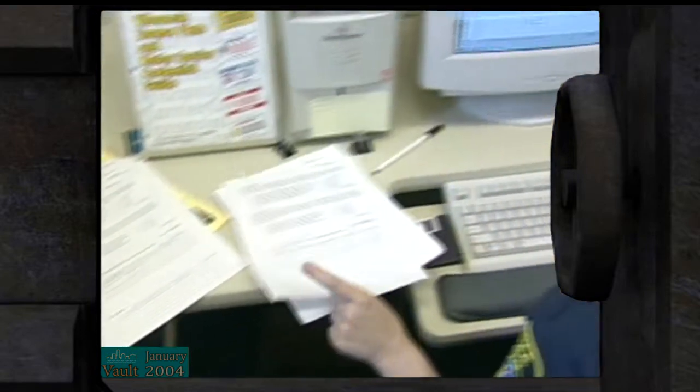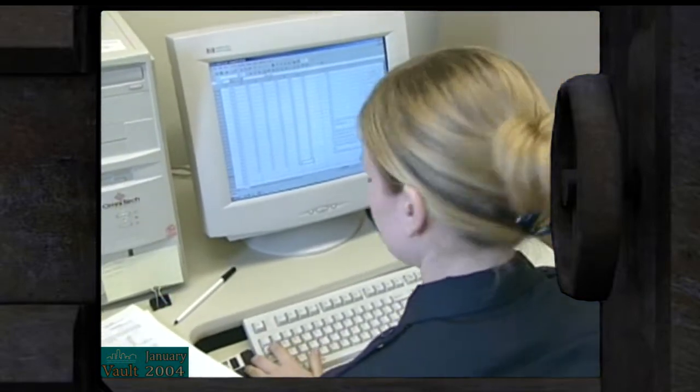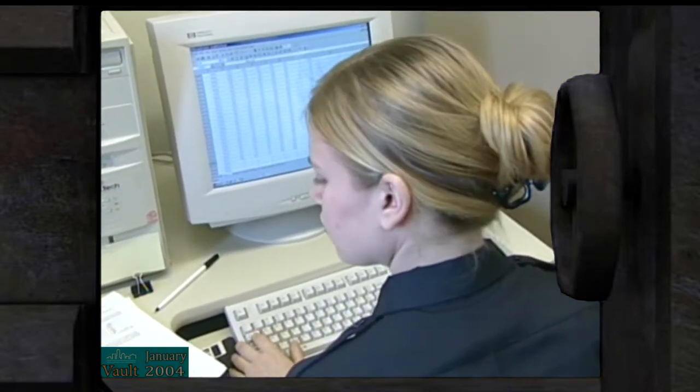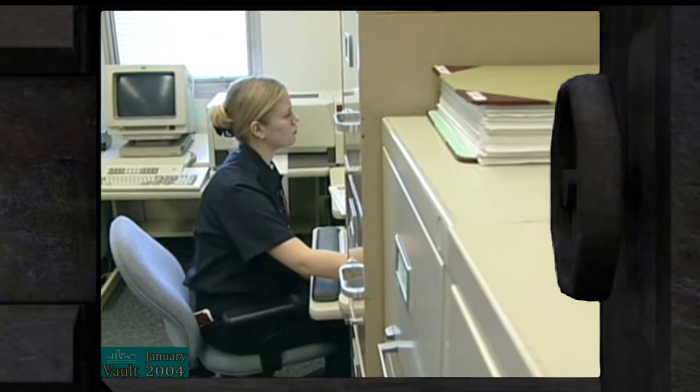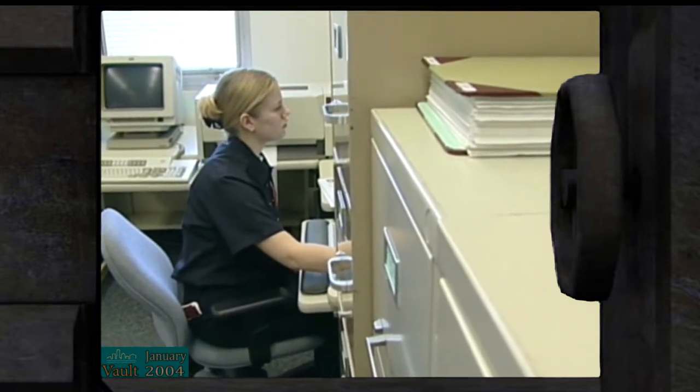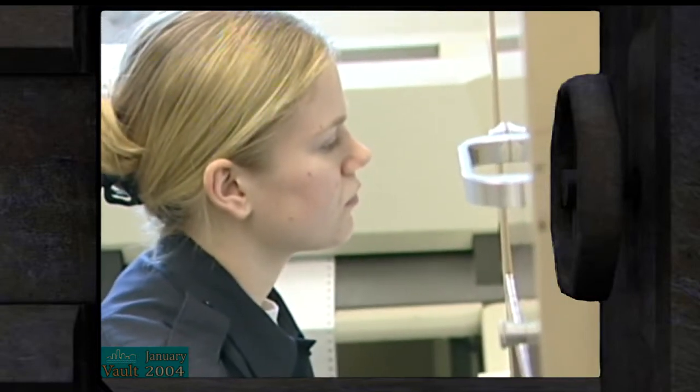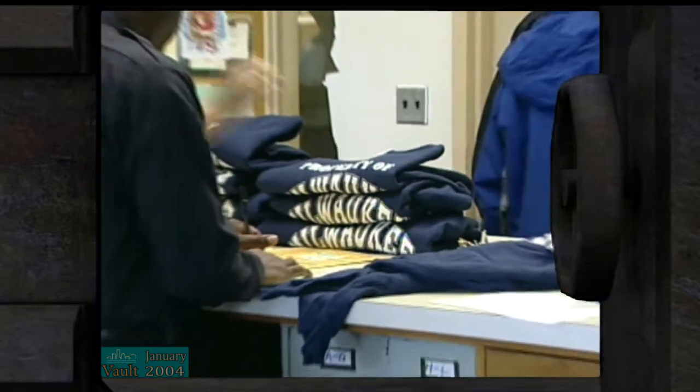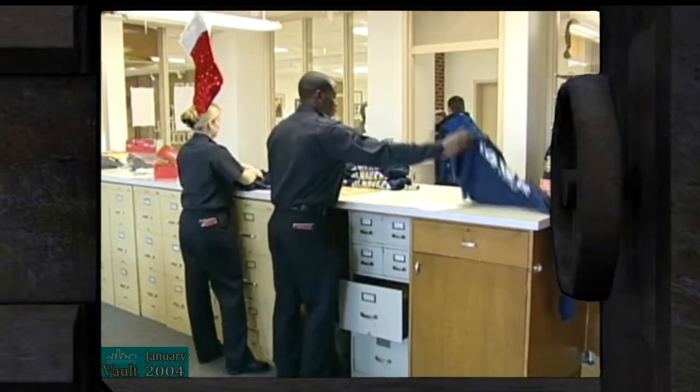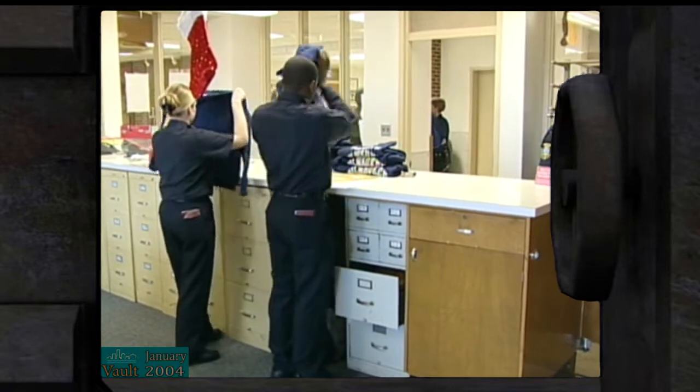What kinds of things do you do as a police aide? A lot of clerical, but it's rewarding. You get interaction with officers. They tell you about their job every single day. I can't wait. I'm going to be in the next class, so I can't wait. I just want to be out there on the street interacting with people. I mean, every day it's going to be something different.